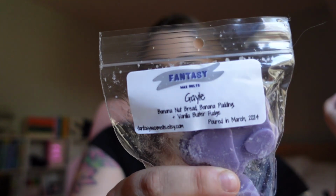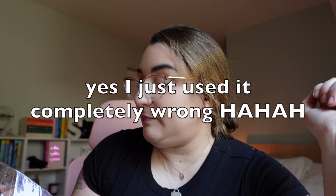So this first one is Gale, which is banana nut bread, banana pudding, and vanilla butter fudge. I have been loving banana lately. Banana nut bread is one of my favorite bananas, and banana pudding has been a newfound love of mine. And that pudding really does have a reminiscence, is that a word, of vanilla butter fudge. So I think those two together are gonna be,